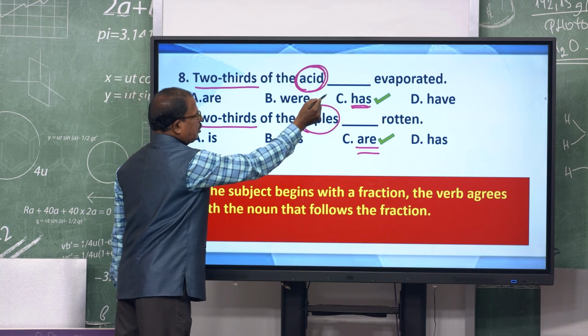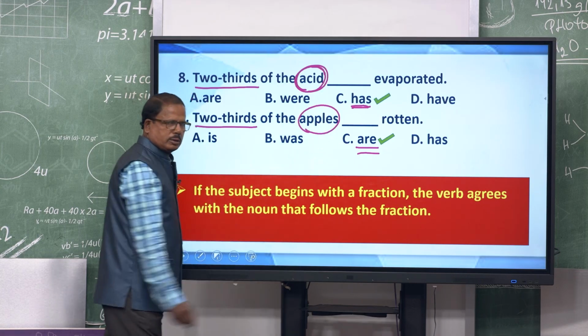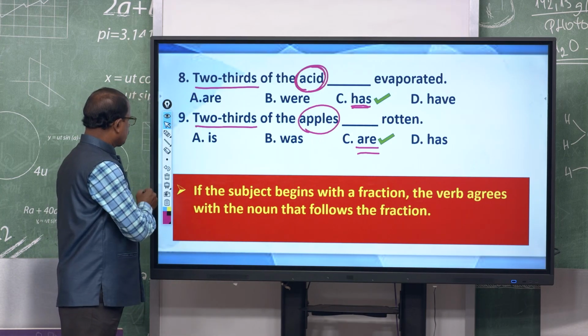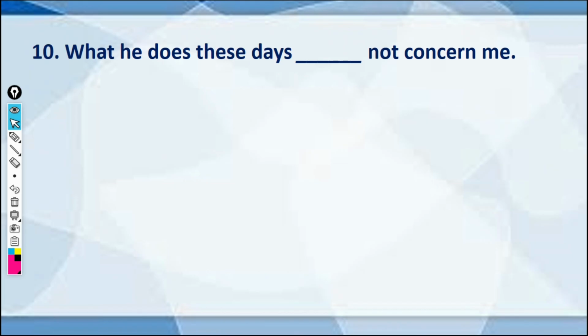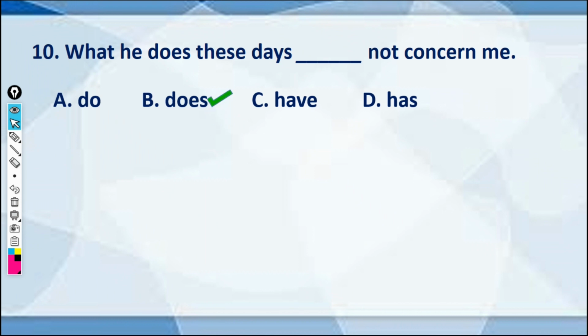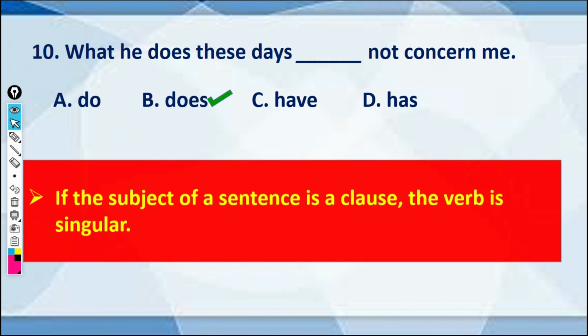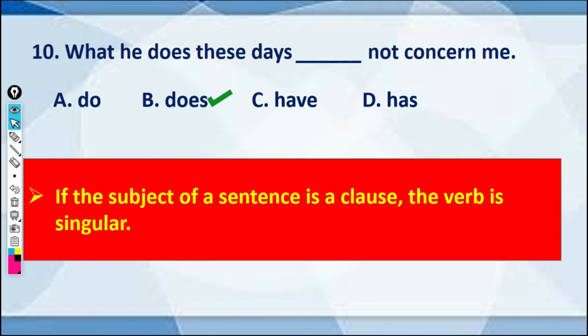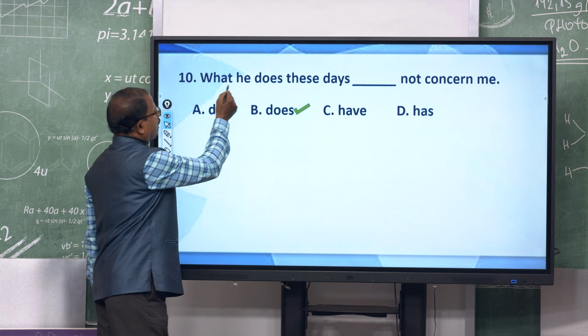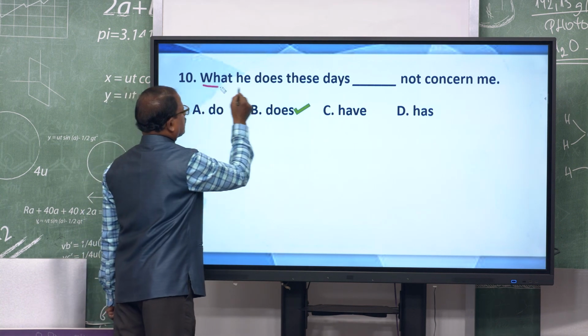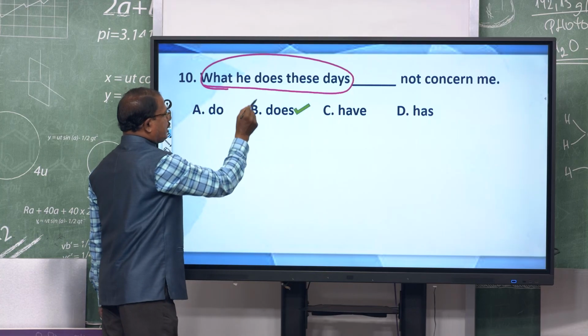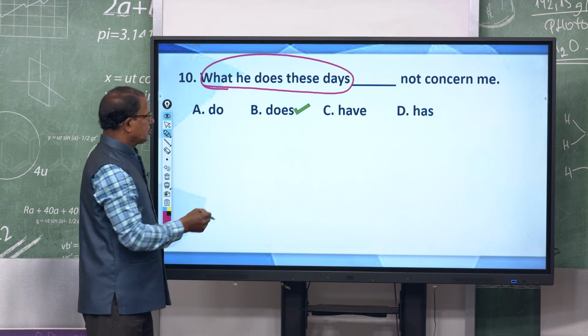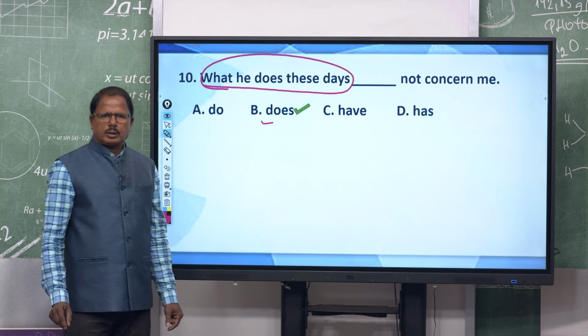Let's go to the next question: what he does these days dash not concern me. Now you look at the options: A do, B does, C have, D has, right, and the correct answer is does, right. The principle is, if the subject of a sentence is a clause, the verb is always singular. You see, what he does these days, right, what he does these days, this is a clause, and if the beginning of the sentence is a clause, then the verb is singular. So, my dear students,